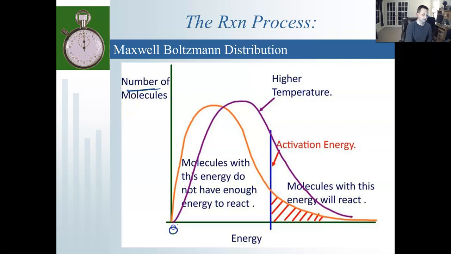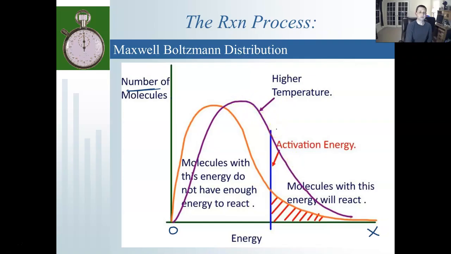So our energy goes from 0 to X. I don't know what our max energy is here, but you can see that we have two different substances here. We have our substance in purple representing the higher temperature, and substance in orange representing the lower temperature here, okay? So again, temperature is the average kinetic energy. That's really important. So here's your energy on the x-axis, and we have 0 to x, and we can see that this